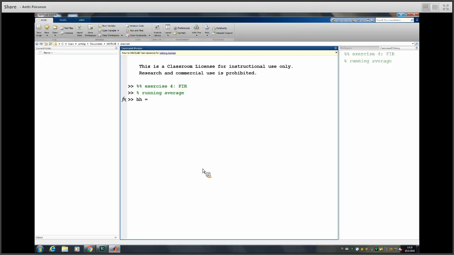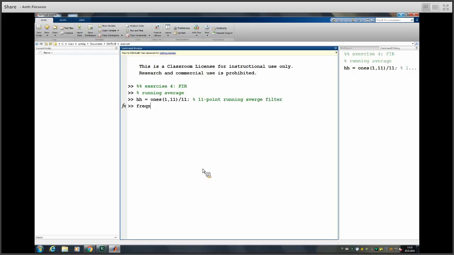For example, 1 times 11 divided by 11. So this is an 11-point running average filter with these parameters,